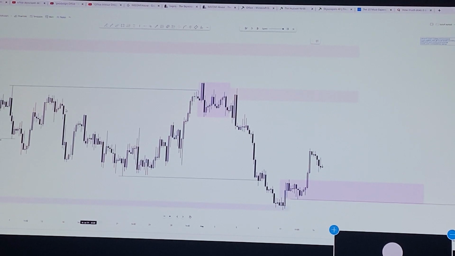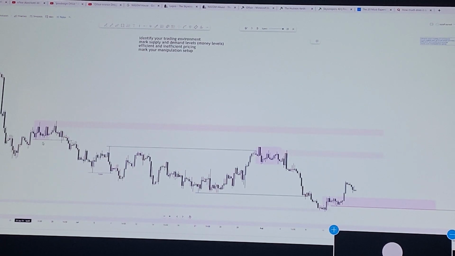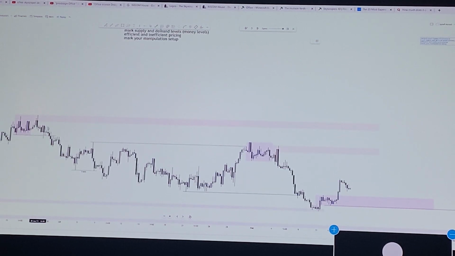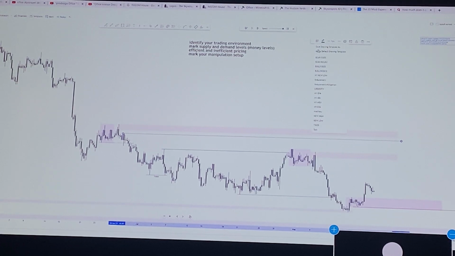So now here we are on the 4-hour time frame. We already understand our trading environment. Looking at the 4-hour time frame, if you look at this supply we marked from the daily, and how 4-hour is efficient, and how we have liquidity built. Remember, what's the name? Rhino wick we had here, right? Turns out that on the 4-hour we also have liquidity here, which is the last high before the main high, right? So that's what the money level is